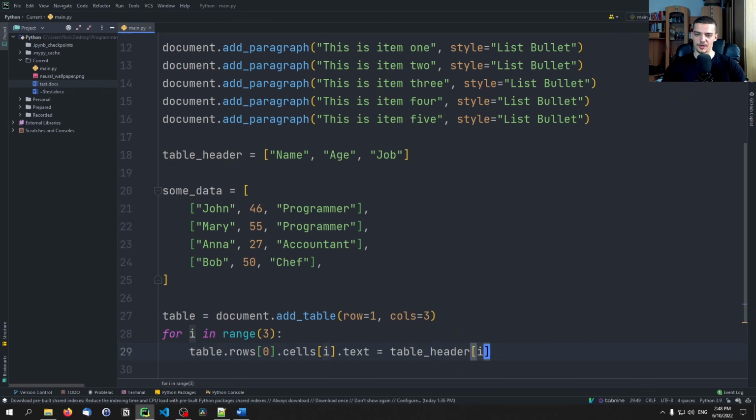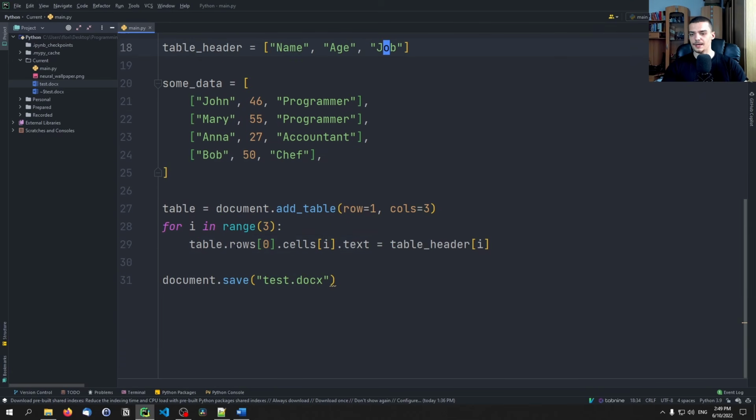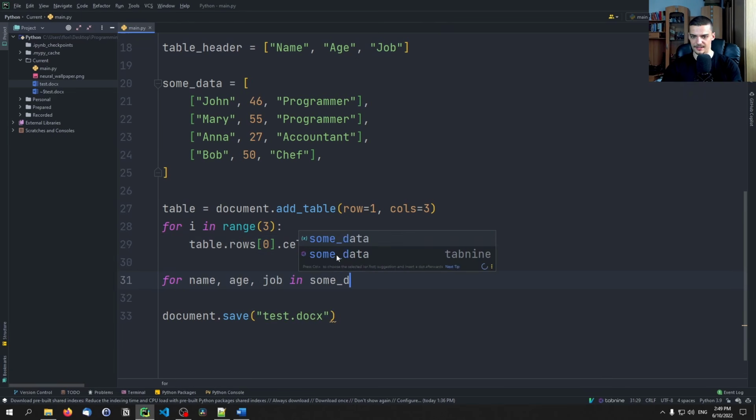The basic idea is that we go to the first row, so index 0, which is the header of the table. And for each cell, for each column here, we're going to set whatever we have in the table header at that respective position. So first column, name. Second column, age. Third column, job. That's the basic idea. And now we're going to say here for name, age, job in some data,